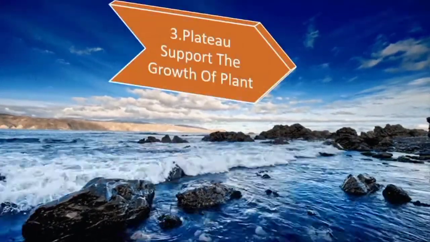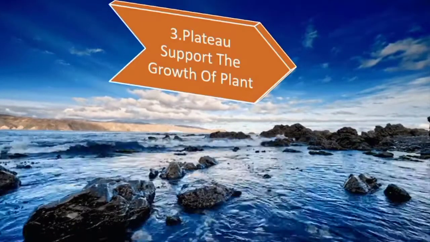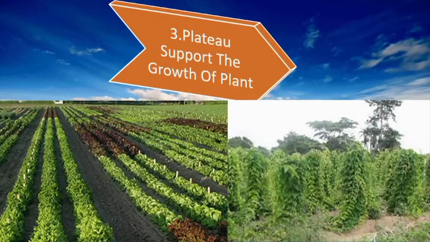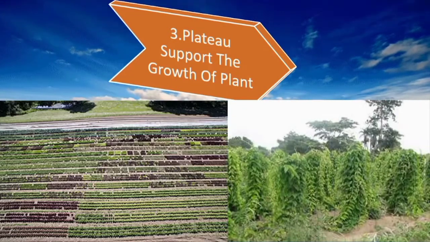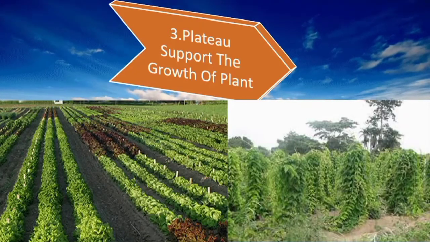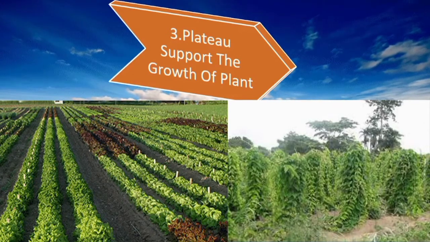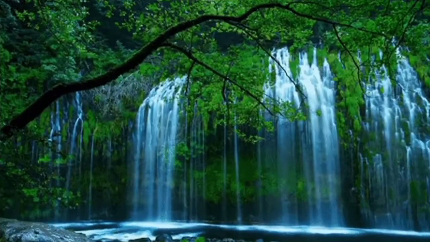Next, we discussed plateau being able to support the growth of plants. Areas where we usually have plateau encourage agriculture. Now, the production of crops is made possible as a result of the weather condition of these areas. Since the weather condition is moderate and supports agriculture, there is every tendency for crops to thrive well in this region. Looking at your screen, you'll find crops like yam being cultivated in this region. We also have some leguminous crops being cultivated. From there, we proceed to